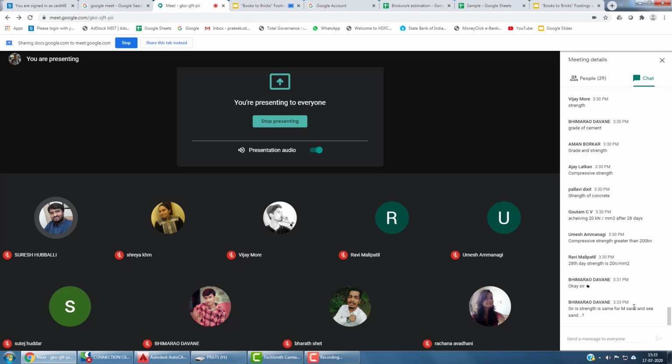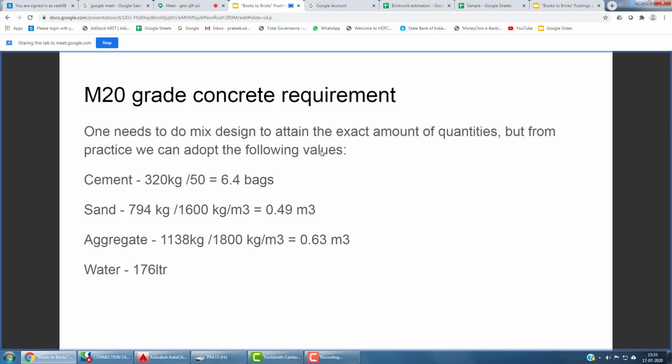Only please note, river sand and M sand are used, and in both cases the results may vary. It may increase also, it may decrease also, depending on the quality of M sand. If M sand is good quality, it may lead to higher strength than river sand also. And if river sand has any soil content, again it can decrease the strength. It all depends on the sample. We cannot say anything generalized. Correct? I hope it is clear.